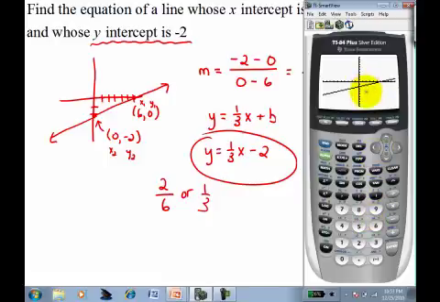And then just note where the intercepts are. So there's the x-intercept of -2 and 1, 2, 3, 4, 5, 6 right there. So that's perfect. If I need to zoom in a little to make sure that it goes through 6,